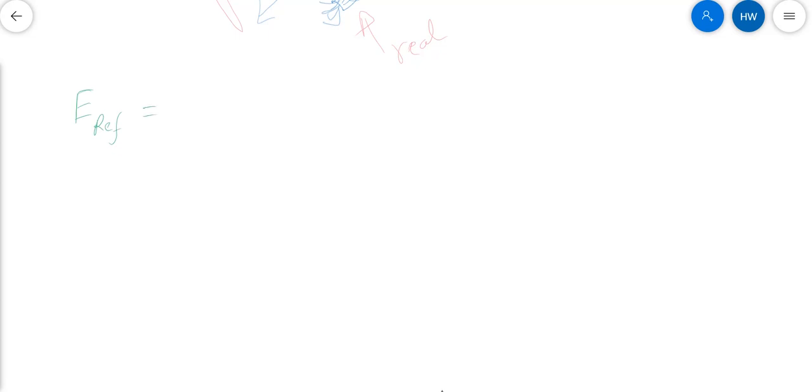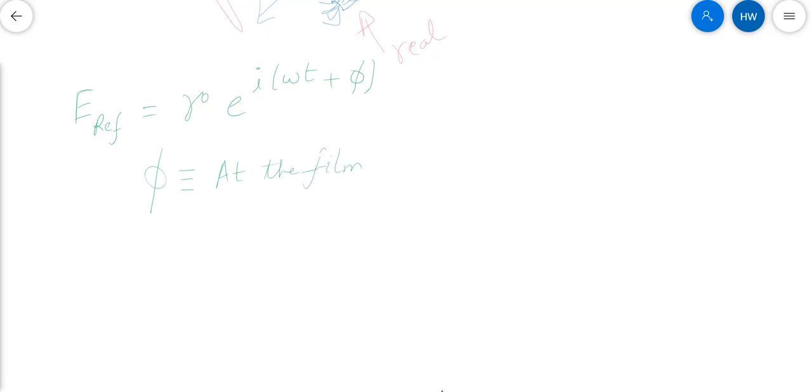It has got some amplitude R, and it has got the same frequency, e to the i omega t plus some spatially dependent phase factor. This phi is the phase at the film,